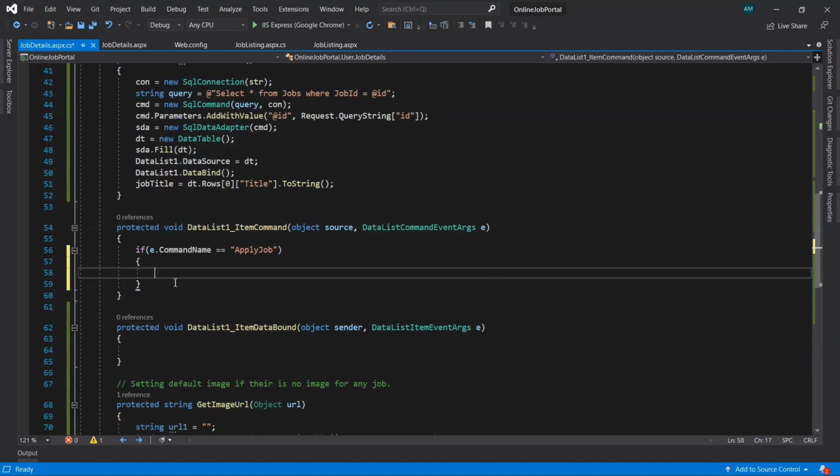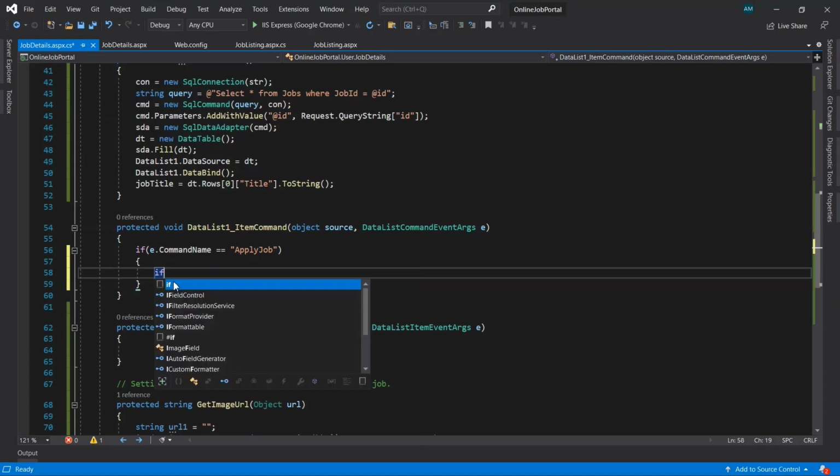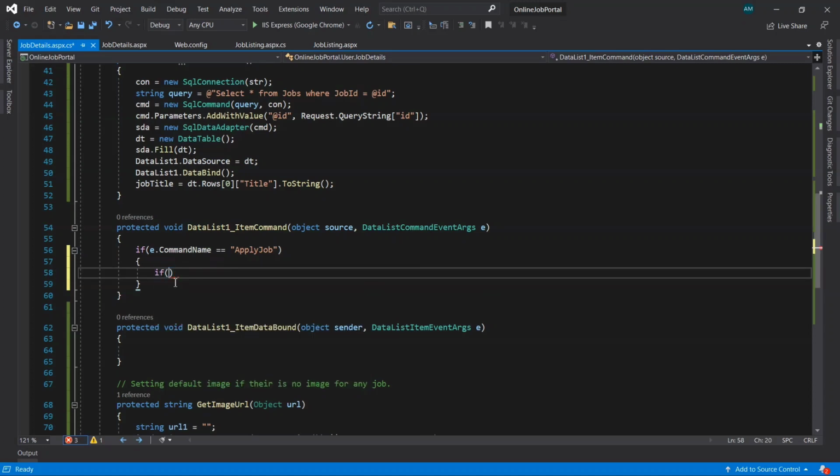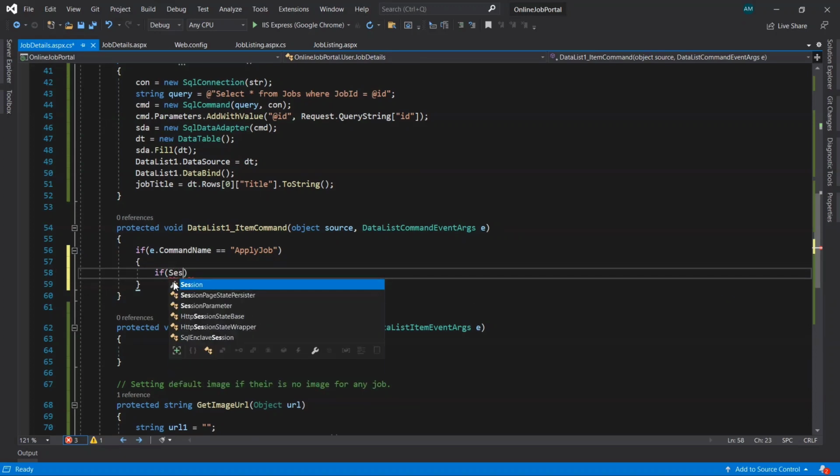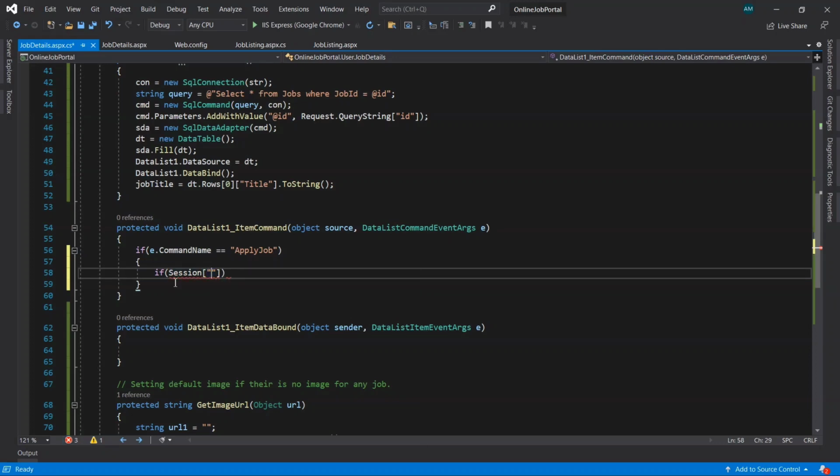Okay, now it will confirm whether the user is logged in or not. So for that we'll check a condition within the if block. The user's session is going to be checked, whether the session value is null or not. So the session name, that is user.